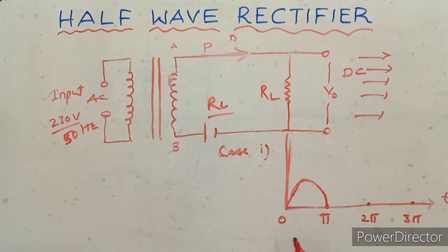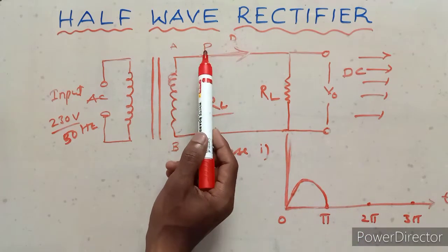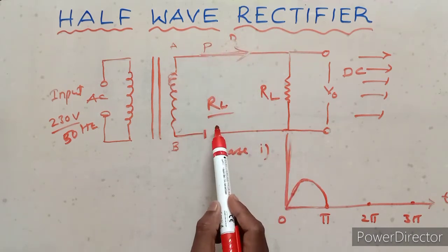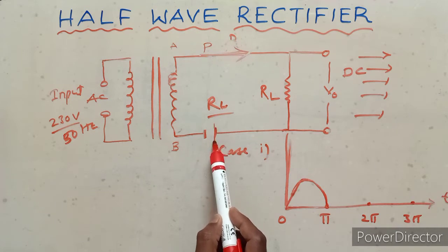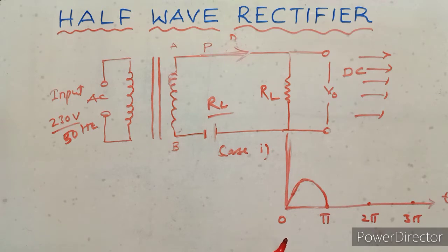And another cycle, this is the reverse bias. So P type of semiconductor is connected to negative terminal of the battery. N type of semiconductor is connected to positive terminal of the battery. This is the false connection. This is the reverse bias. In the reverse bias, current will not flow through the load resistance. So this is the 0. Another half cycle, forward bias, current flows. Another half cycle, current will not flow.